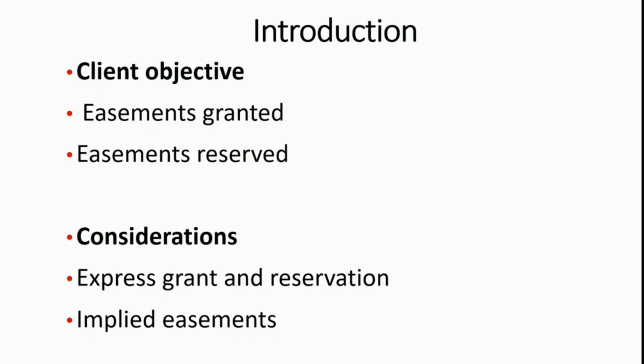Quite common these days. I might, as a commercial client, be wanting to buy a piece of land to construct, I don't know, a warehouse or something of that nature on it, but I might also have another purpose sitting behind it. So I might be wanting to develop part of the site for another purpose altogether. We need to identify client objective and then check whether there are easements that will facilitate or enable that objective to be achieved.